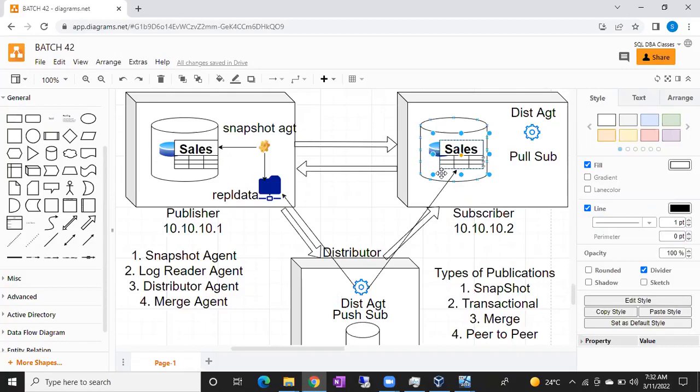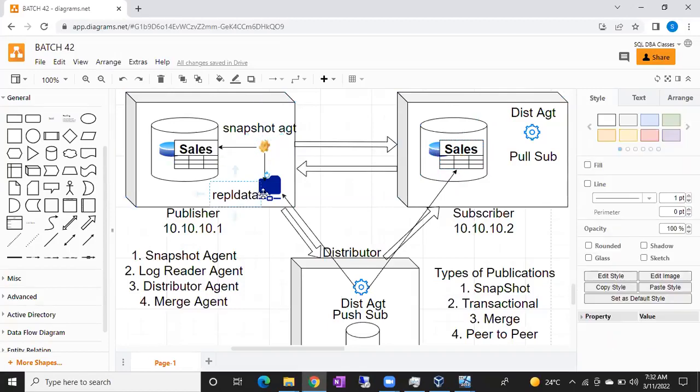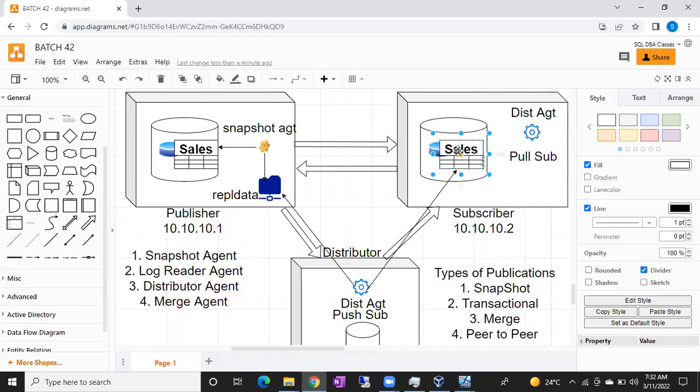If the snapshot agent is running continuously, every time it will take the backup of the snapshot. Every time the distributor agent will apply the same snapshot on the subscriber side. Every time the article will be deleted and created again, with the new changes.